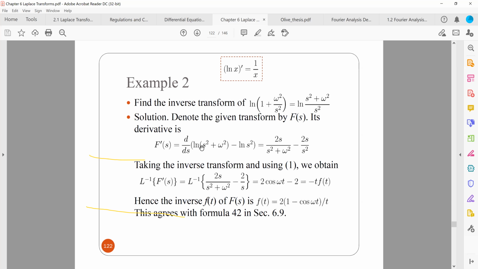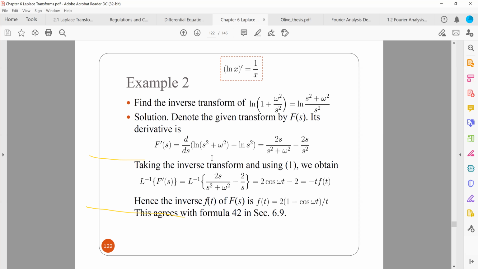Anyway, we apply that in here and we end up with ln of s squared plus omega squared minus ln of s squared. If you differentiate these terms, you'll end up with something which is close to things that we are familiar with. If you differentiate ln x, you end up with 1 over x. So if you differentiate ln of s squared plus omega squared, you'll end up with,